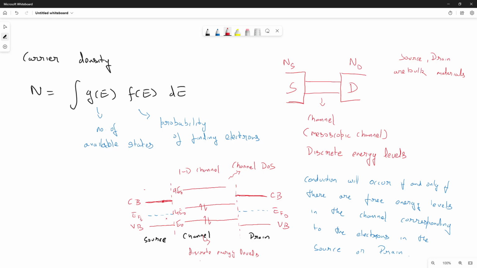If a mobile electron, which is in my conduction band, has to go from the source side to the drain side, then I at least have to jump to the 9E0 level, jump up and jump down. Is that clear? Is that part clear? That is how it will happen. First, it will go up here, gain energy, and then go down here and lose energy.